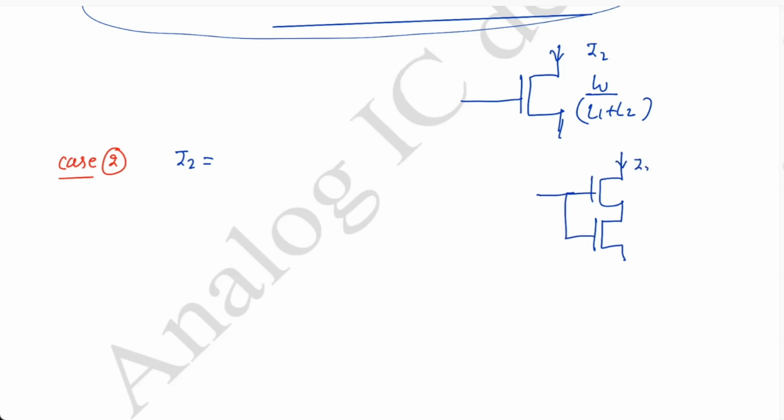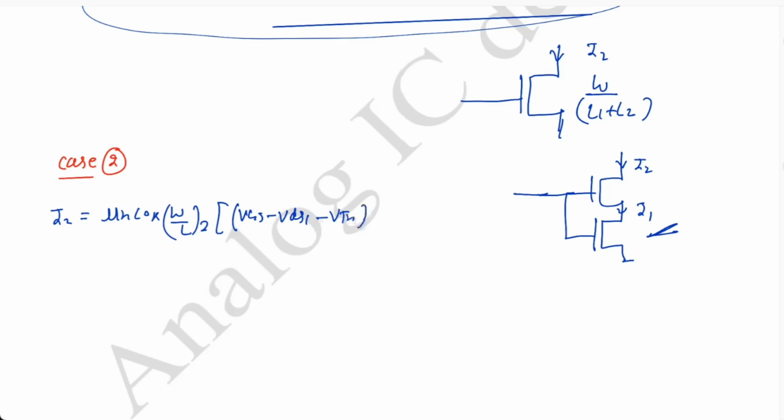This I2 is linear and I1 is already linear, it will always be linear. So what will be the I2? I2 will be mu1 Cox W by L2 into (VGS minus VDS1 minus VTH)